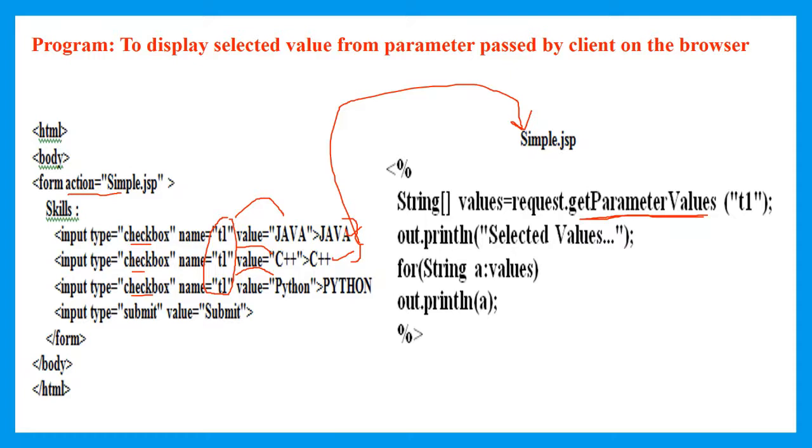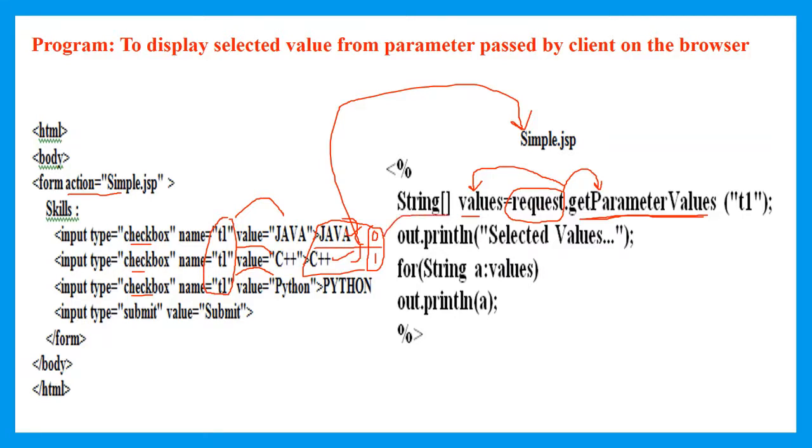With the help of the default object of the request interface, I am invoking the method called getParameterValues. The getParameterValues is going to return the multiple values of type string. So here I created values as an array of string objects to hold the multiple values. Now in values, in the 0th position I have Java, and in the first position I have C++. Now I want to read the values which are available in the variable called values.